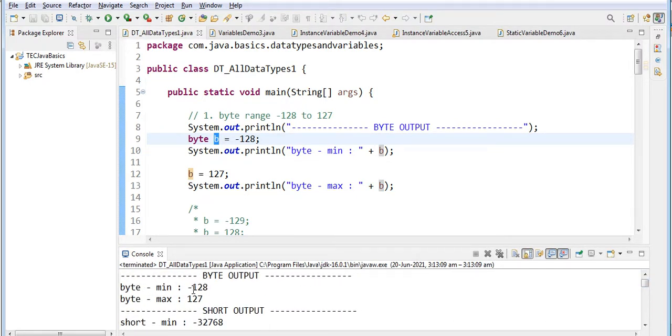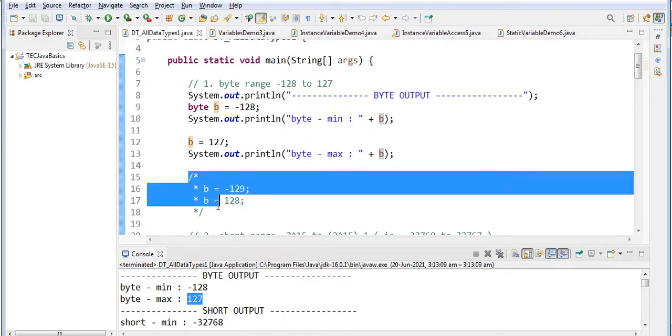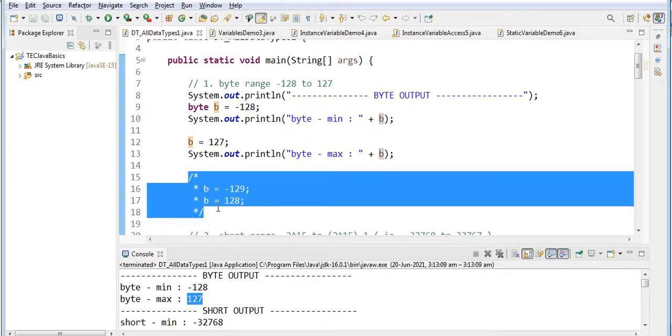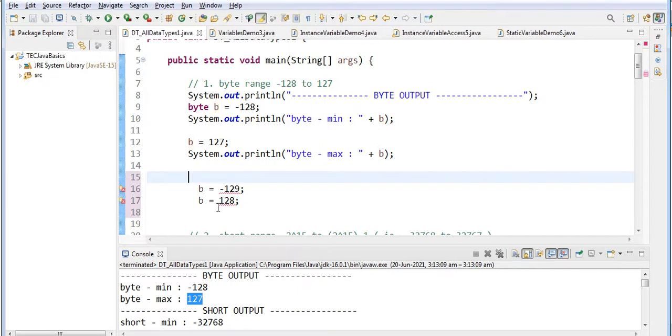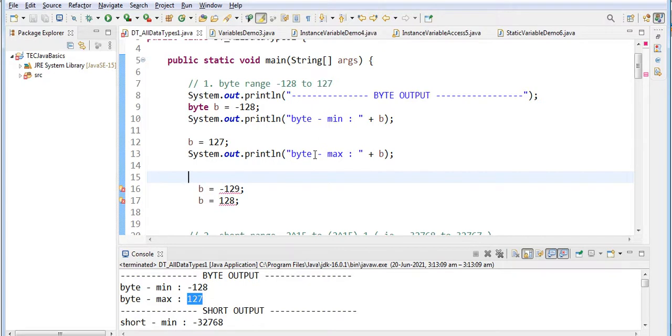See, the minimum value is minus 128 and the maximum value is 127. Now I am trying to give values beyond the limit. For example, I am giving b is equivalent to minus 129, and for the same b value I am exceeding the limit of 128.